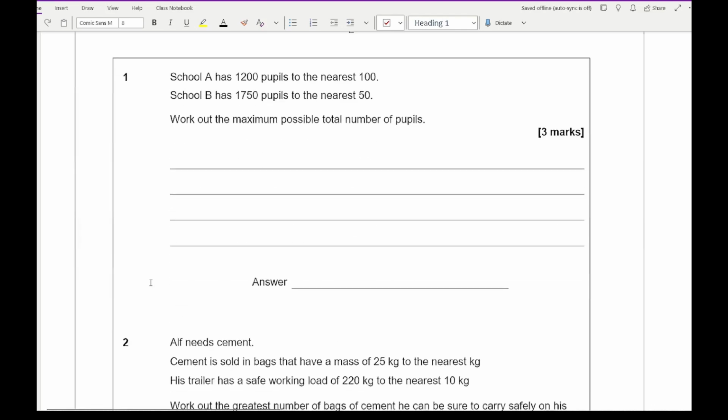So looking at question 1, it says that school A has 1200 pupils to the nearest 100 and school B has 1750 pupils to the nearest 50. Work out the maximum possible total of the pupils. So for this, if we look at school A,